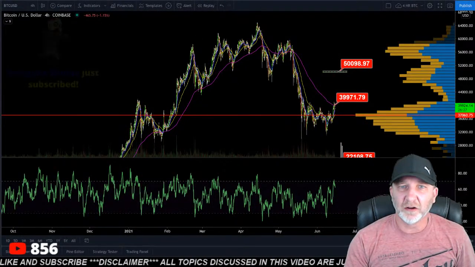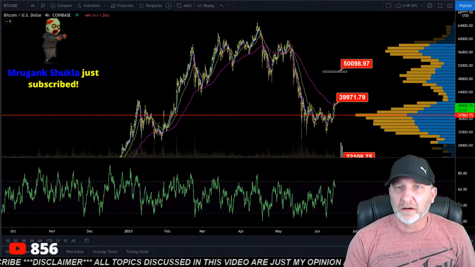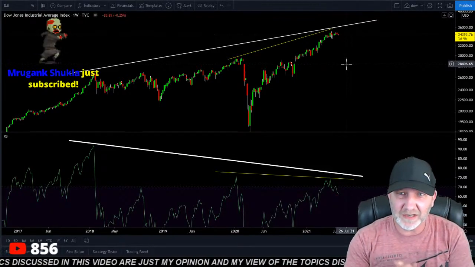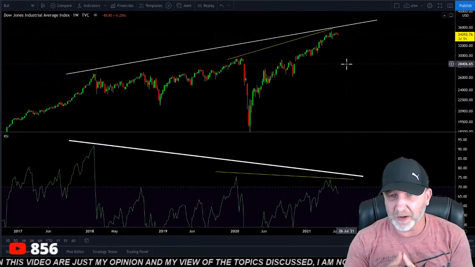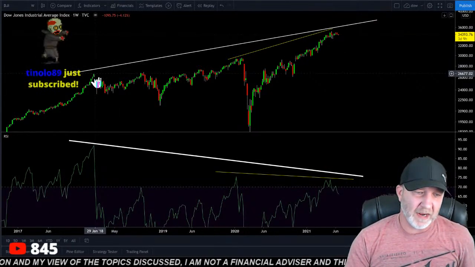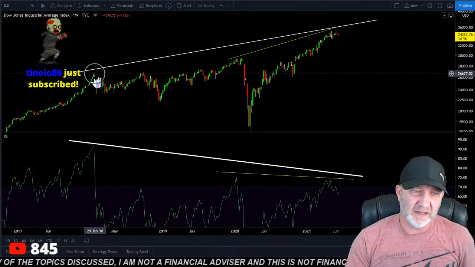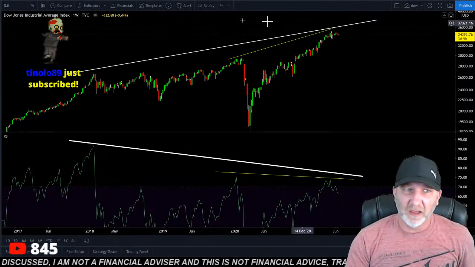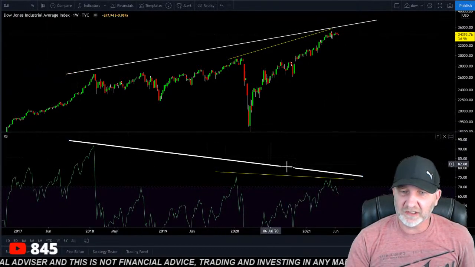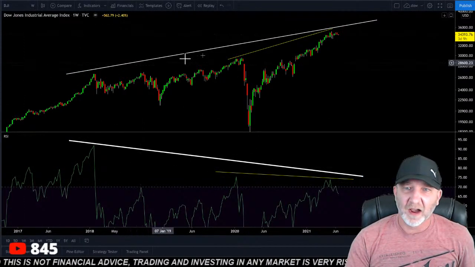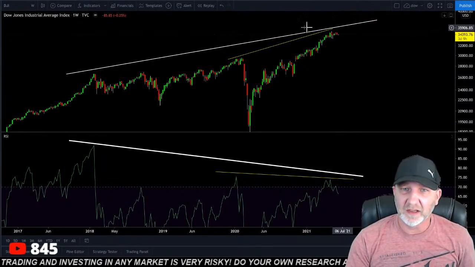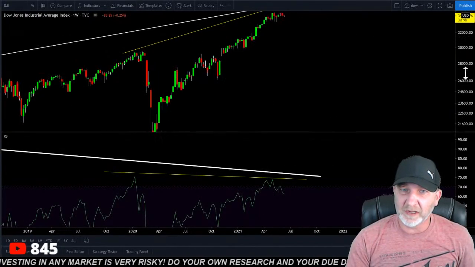And let's take a look at the Dow Jones. So this is pretty damn bearish. I know a lot of people are thinking the markets are just going to continue up. But if we look here, from way back here in January of 18, we look at this peak. And this is the weekly, guys. And then we look at the peak here. As you can see, lower highs in the RSI, higher highs in the price action. This is pretty huge, guys. This is on the weekly. That is bearish divergence.